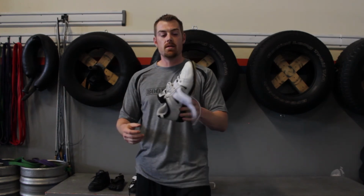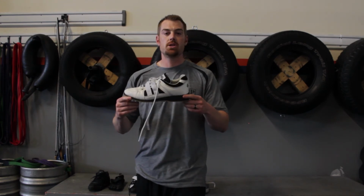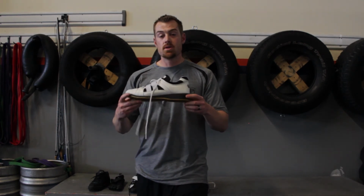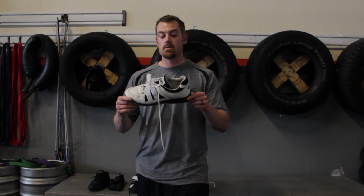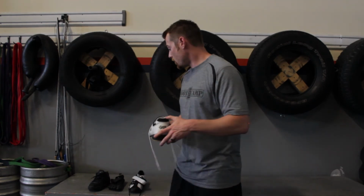So these are mine. These are pretty entry level. I think I picked them up for 85 bucks or so. So they're certainly not cheap, but it's a very small niche, so they are pretty costly. For the amount of work that I do, these will last me for 6 months to a year probably. If you want to step up,